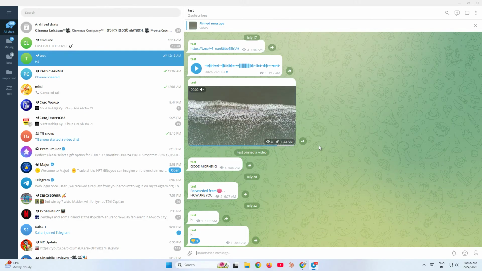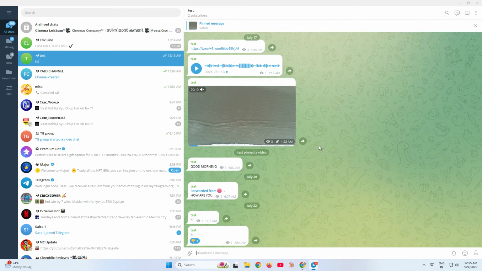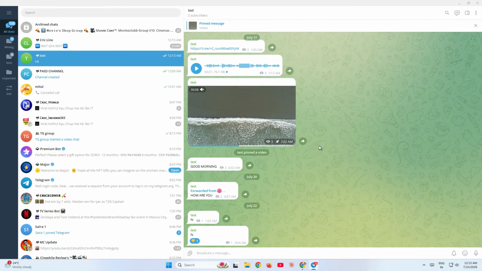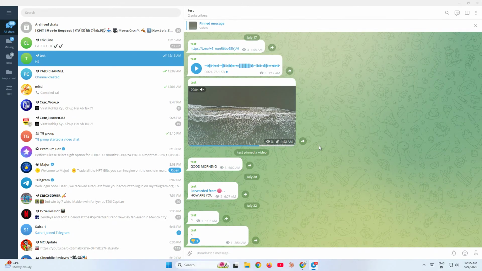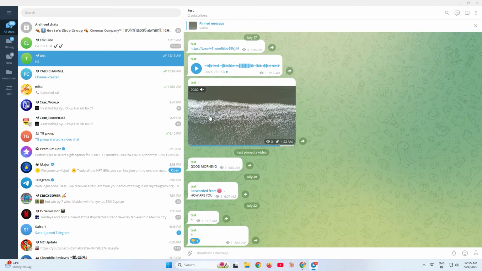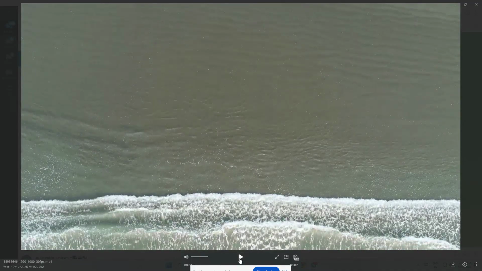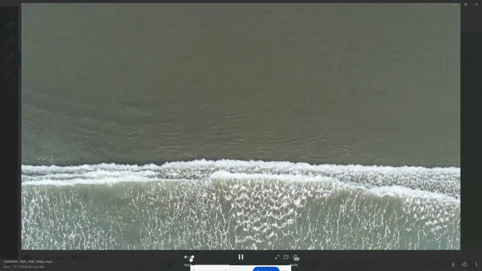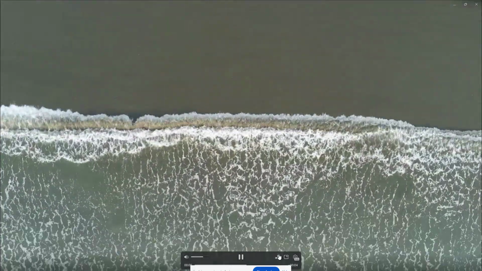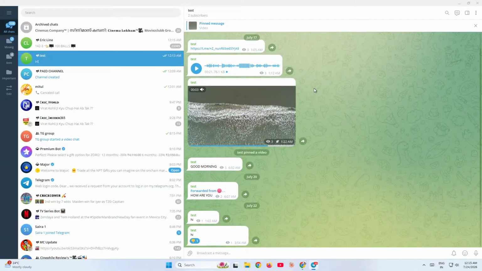If the video is large, give it a few moments to buffer or load properly before pressing play. Also, make sure your internet connection is stable so the stream runs smoothly. Once it starts, you can watch the video normally, pause it, resume it, or even rewind if needed. This is especially helpful for channels that upload tutorials, clips, or long-form videos because you can access them instantly without